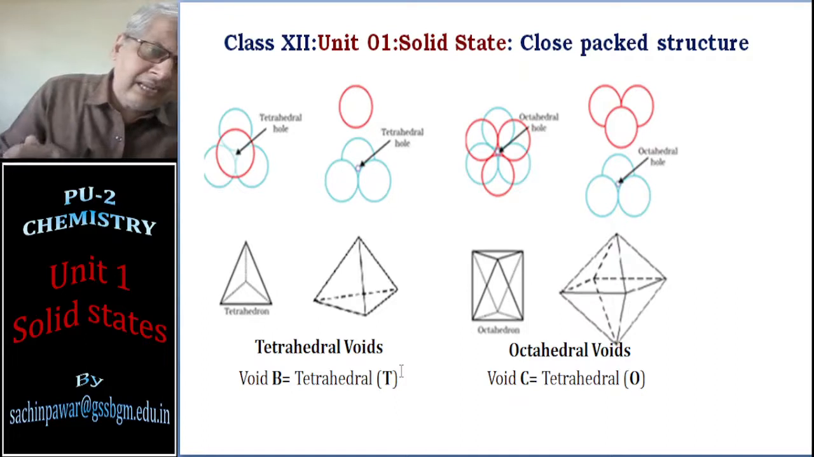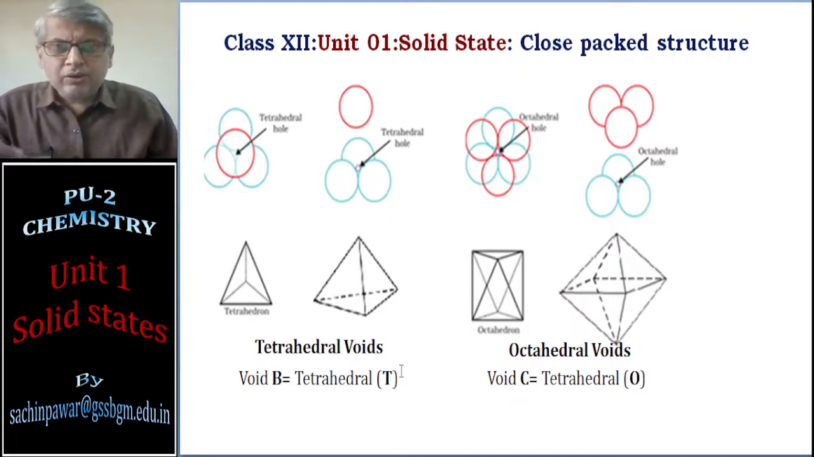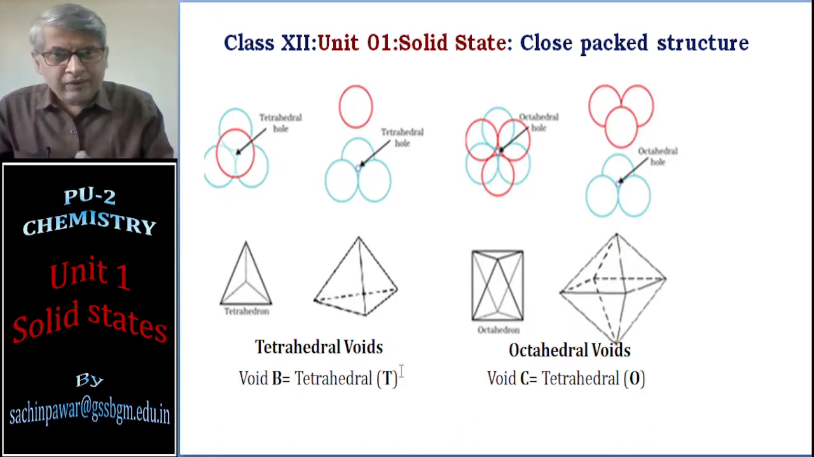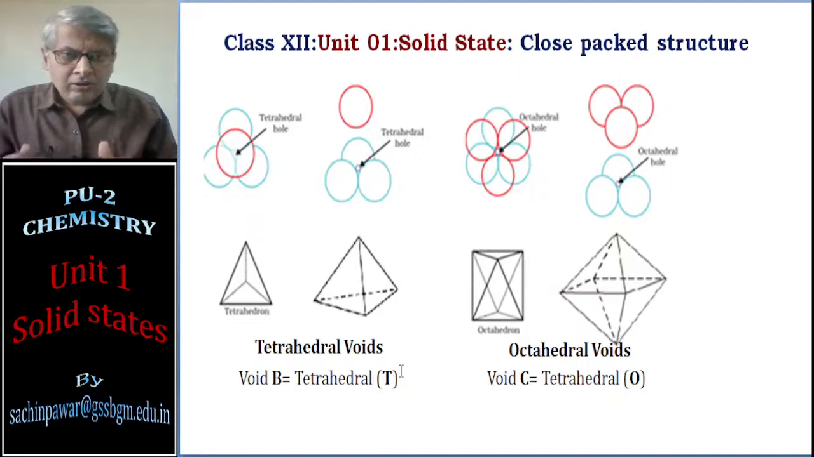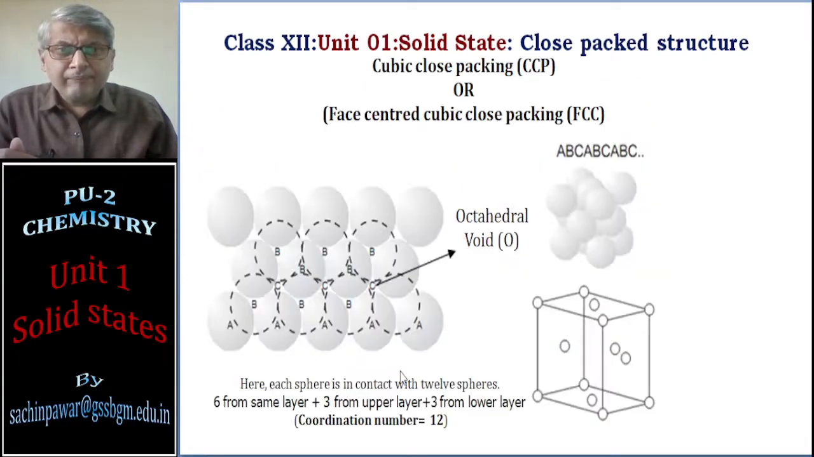Now the third layer of particles needs to be placed on either tetrahedral voids or octahedral voids, depending upon where you place the third layer of particles. Are you going to place the particles of the third layer on the tetrahedral voids of the first and second layer, or on the octahedral voids of the first and second layer? That decides what kind of geometry you are going to get, and based on that we have mainly 2